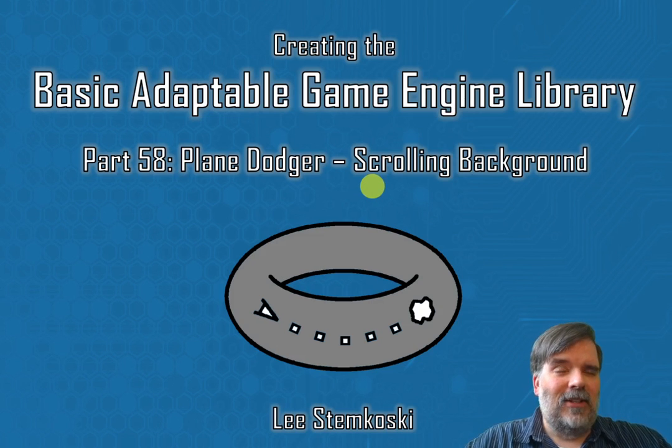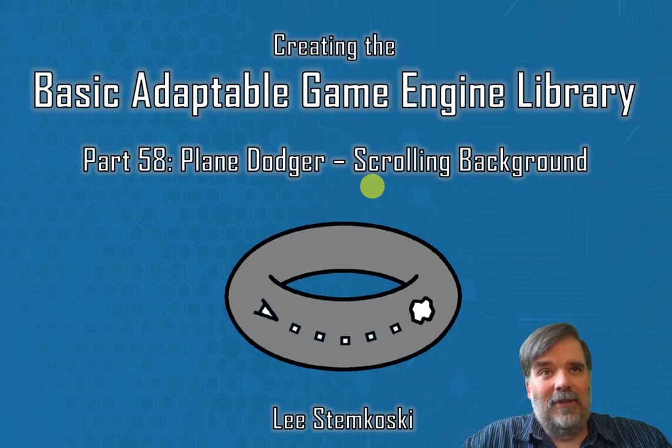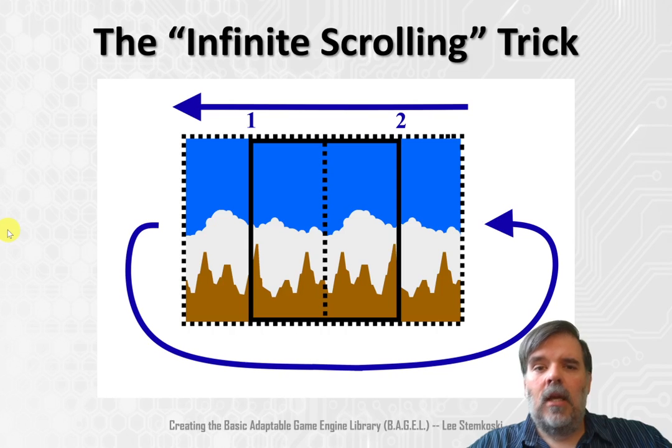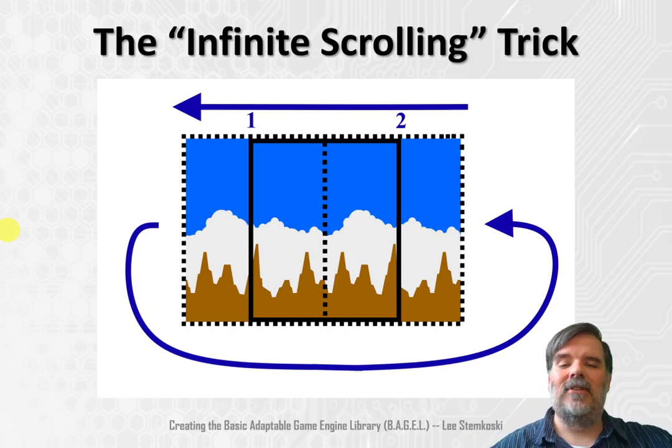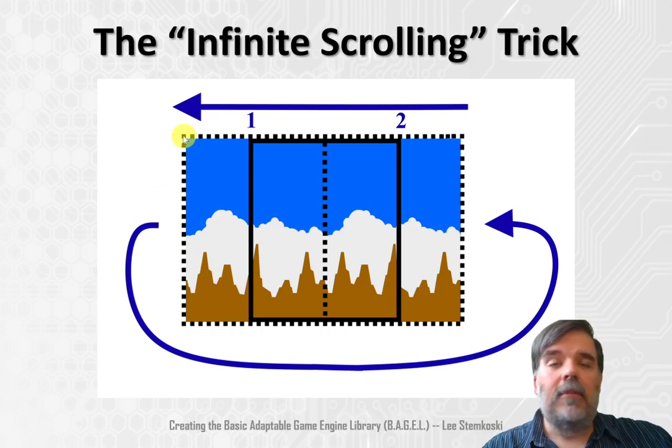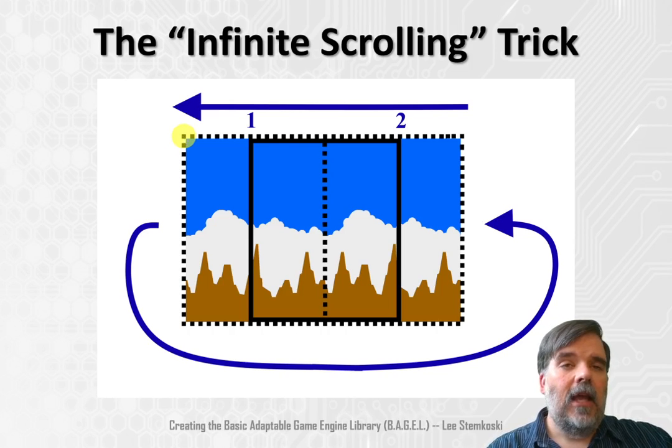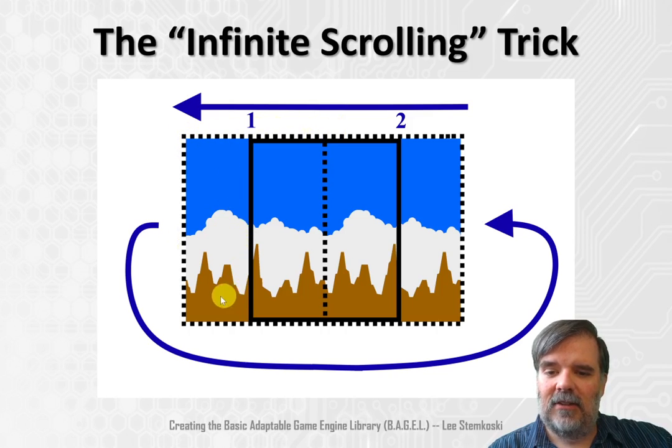As we briefly mentioned in the last video, that could be a problem because images are, by definition, finite. So here is something which I call the infinite scrolling trick. It's a kind of standard technique. There are some images which you can find which are called seamless images. And a seamless image is one that lines up with itself when a copy of itself is placed next to itself. For example, in this set of dashed lines is a background image representing a sky and some clouds and